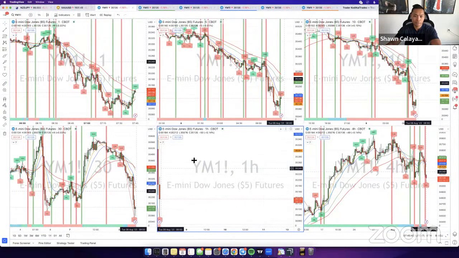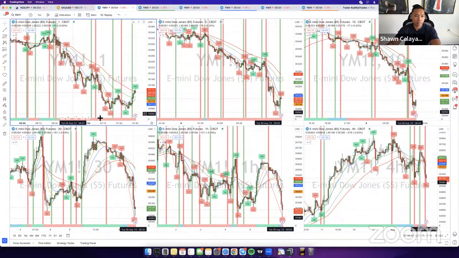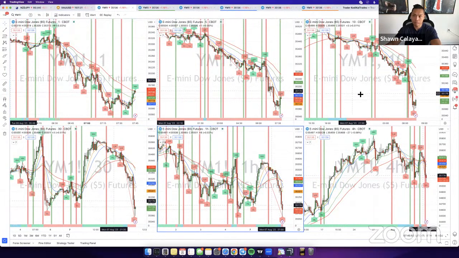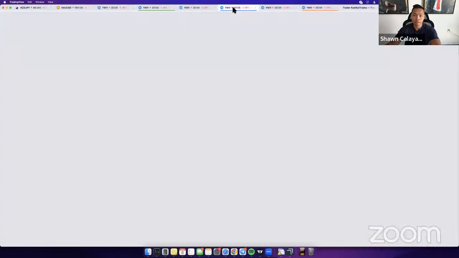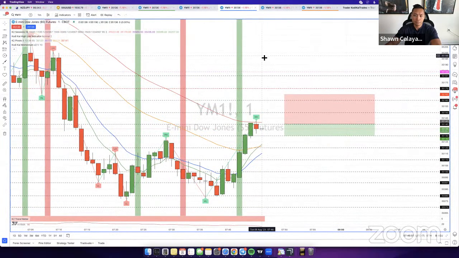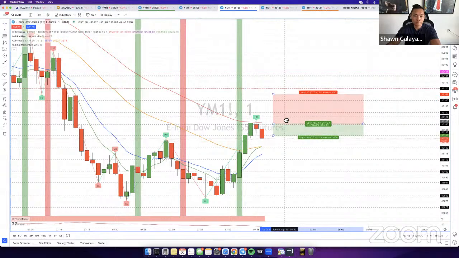But for me personally, I just wouldn't take the risk, right? And that's what makes me consistent, because I stick to the game plan. Just because I see one confluence doesn't make me want to take a different trade. Everybody has their own trading style, but I'm so disciplined that I just stick to my game plan. I don't look at one little thing and say, okay, this could maybe go in that direction. I only take a trade if I know for sure it's going to go in that direction. That's why we have such a high win rate here, because I don't really take risky trades like that.